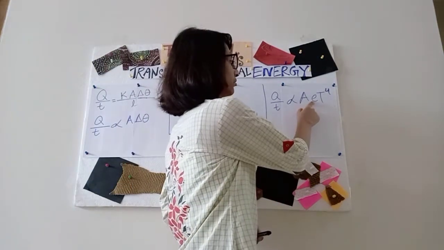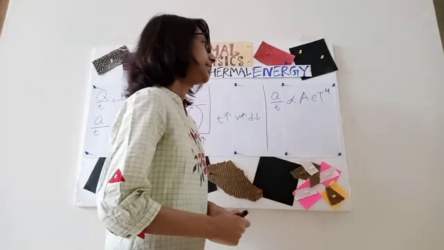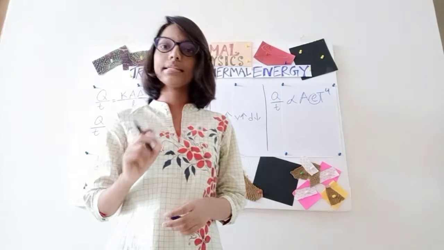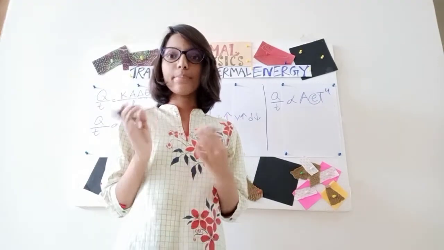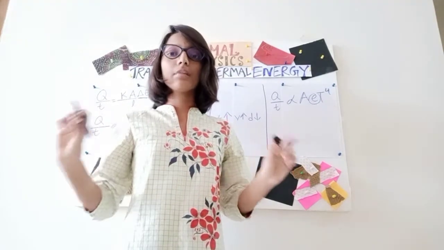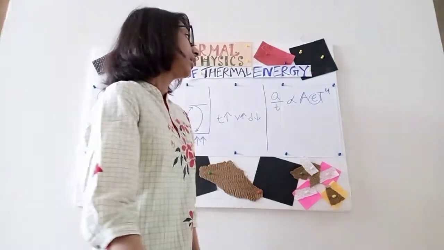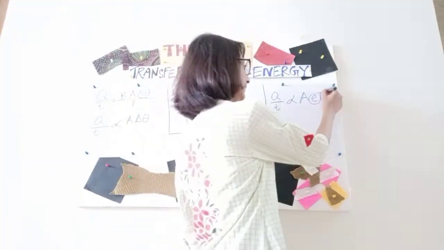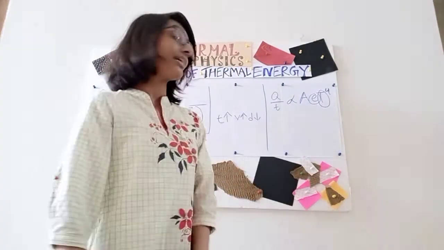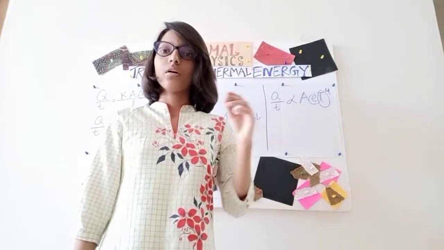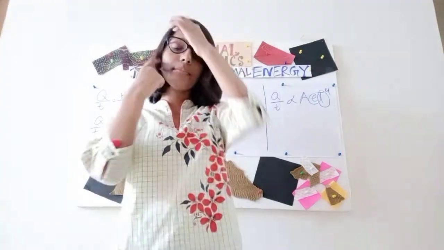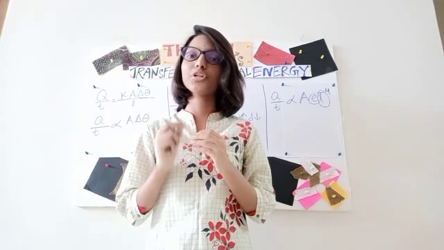Okay, now let's move to E. E is a term which is basically new to us. E basically means emissivity, or the ability to emit infrared radiation. We will be looking into it a little later, but what is T? T over here is the temperature of the body that is emitting heat, emitting infrared radiation. It is the temperature of the body's own.